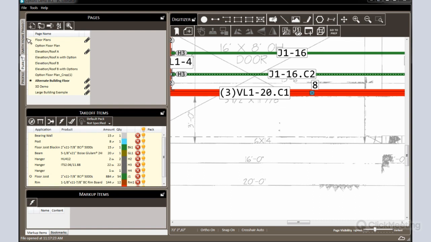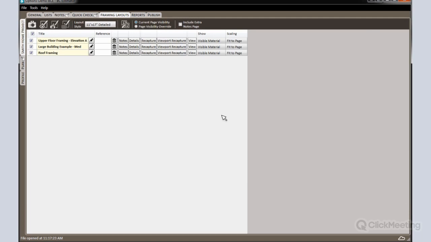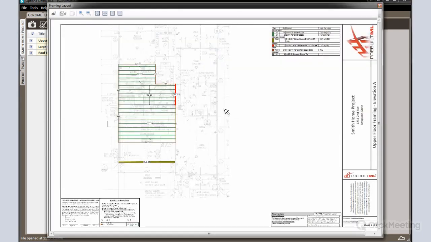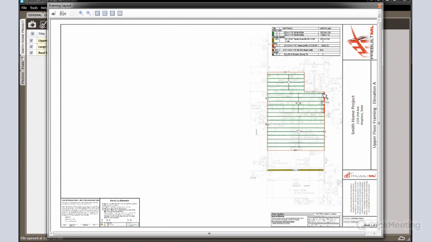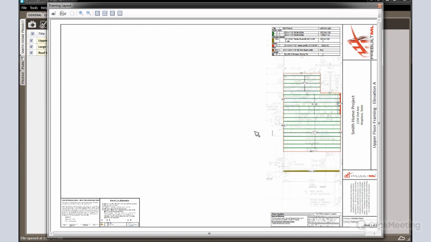Going on to framing layouts, there are several different things with framing layouts that we've added in, some fun items actually. One of them is the components of framing layouts and being able to have flexibility with them. So I'm going to click View on this framing layout that I've already created. And as we've noted before, you can right-click on the image and choose to reposition that image anywhere on the page. And that includes all the way over here underneath the material list, basically anywhere inside this box, you